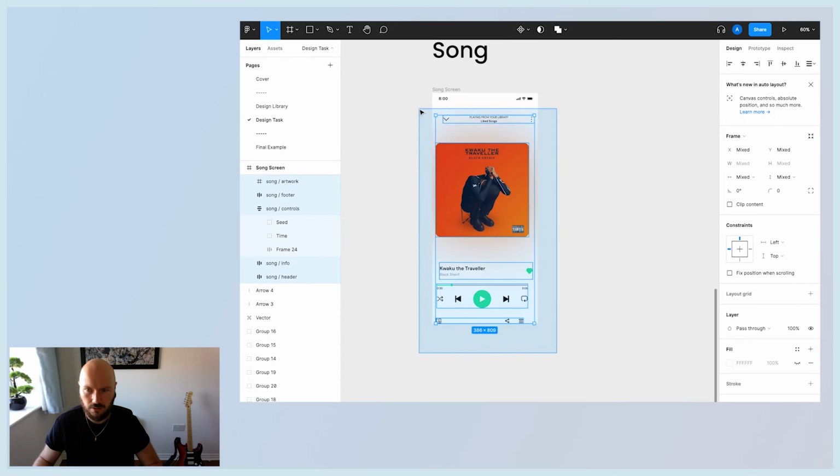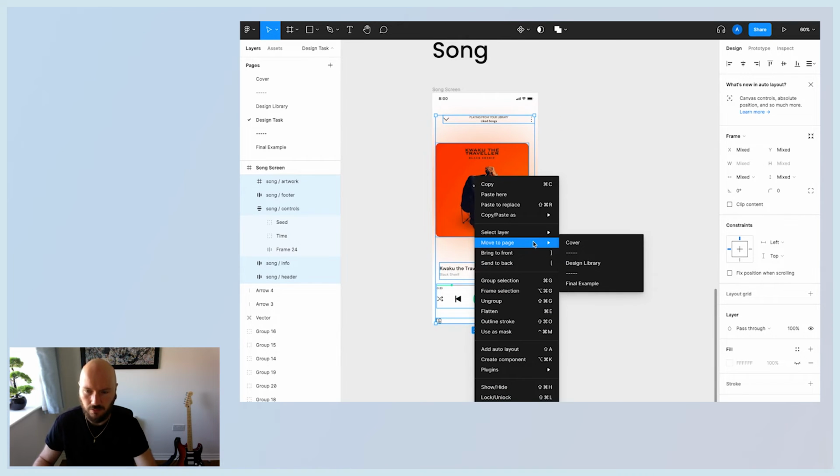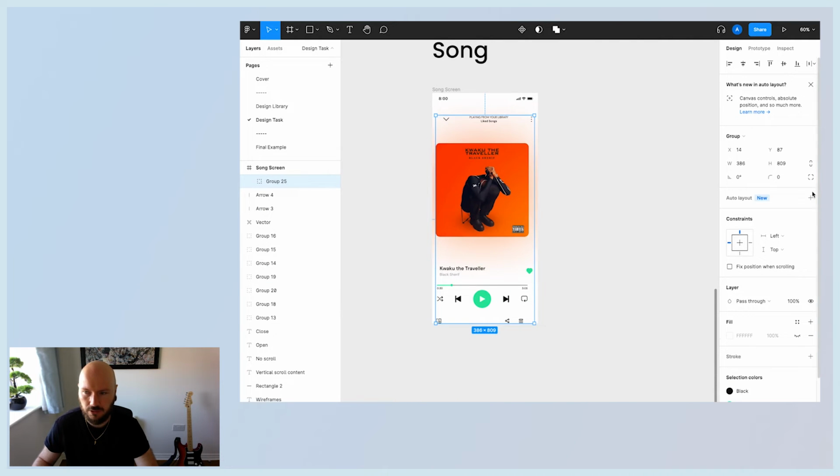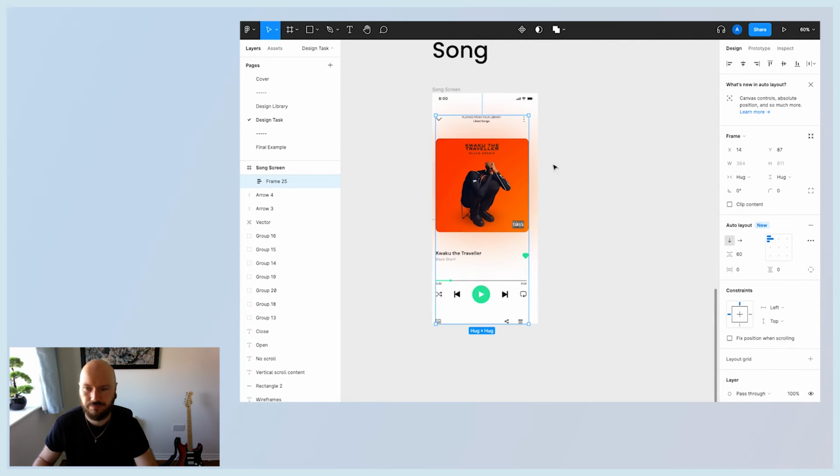Great, and let's just group that stuff together. So you can also right click and get lots of options. I'm going to group this selection. I think we want this to kind of frame the whole thing, don't we? So with my auto layout, I'm just going to